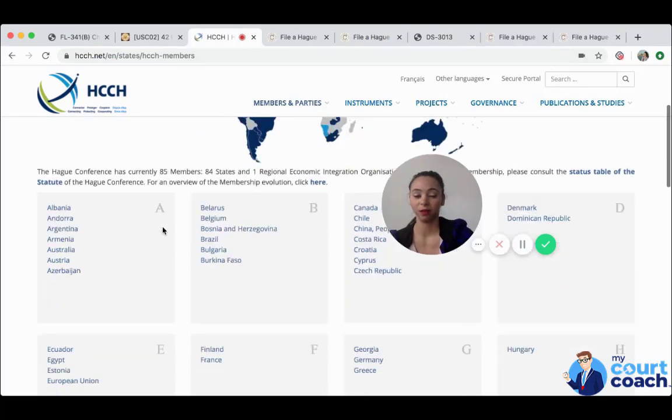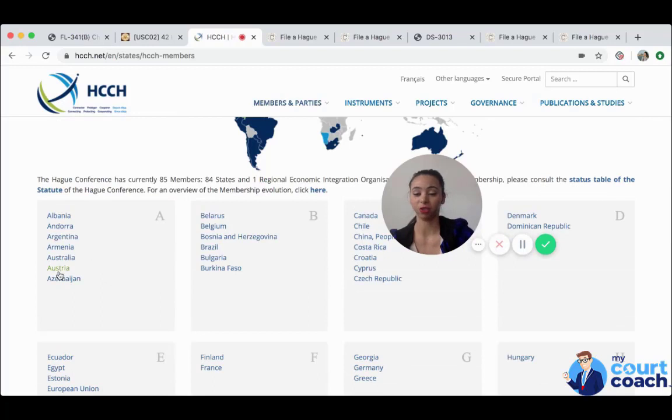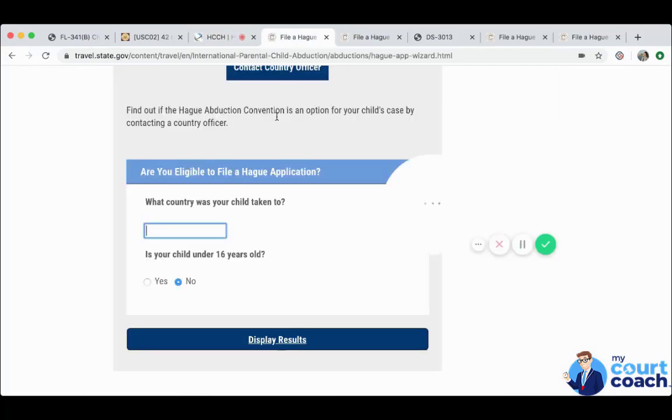So we're going to just pick a random country, Australia. So if we wanted to get a child from Austria, actually, we're going to go to this website, travel.states.gov, and it's a great website to find out whether you're even eligible to file the Hague application, meaning whether